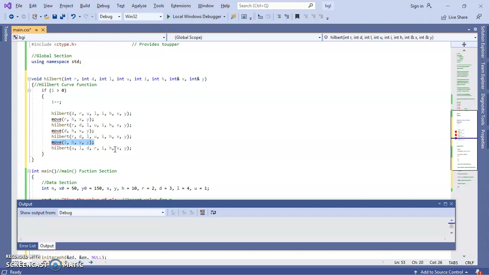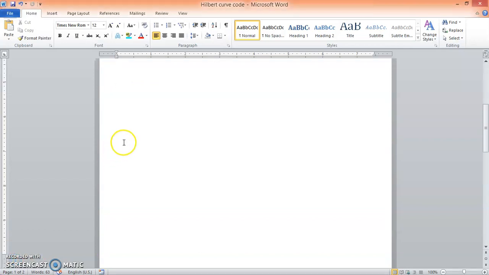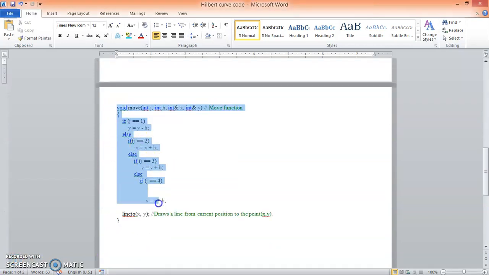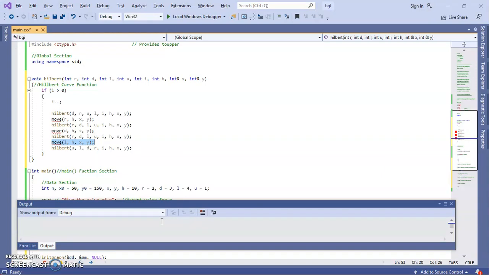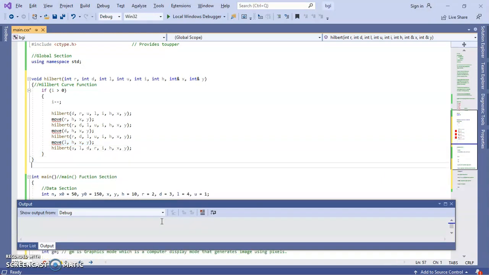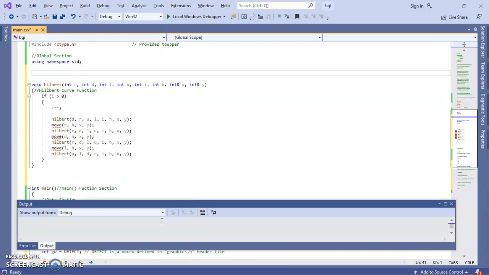Next, here again in the Hilbert function, we call the move function. So what is the move function code basically? In the move function, according to the right, left, and down value, we move in that direction. We write this move function above the Hilbert function.